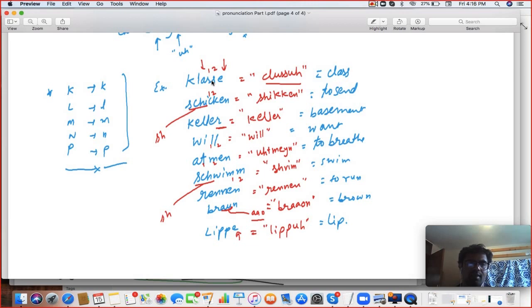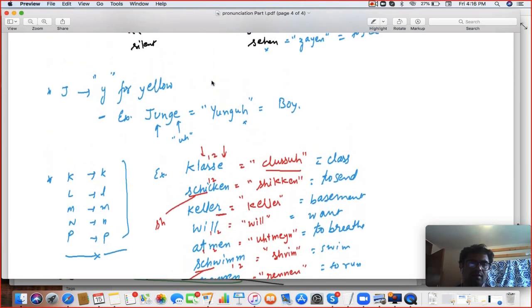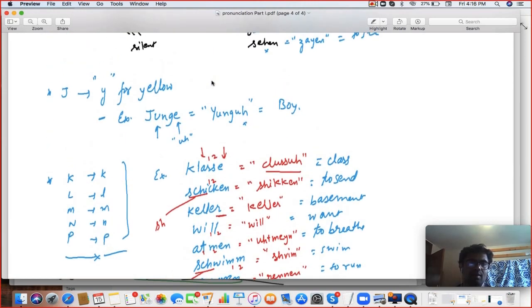Simple. You know, initially these rules might be too much for you. You will see so many rules coming up, but these rules will make things easy for you. The simple problem in German pronunciation is they write something else, they speak something else. That's the trouble actually. These rules will make things very easy for you. Just wait for one or two more lectures.